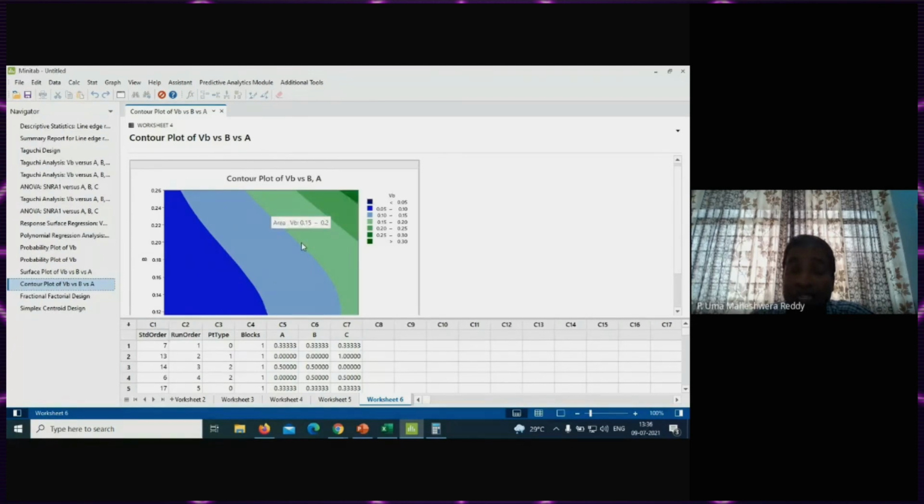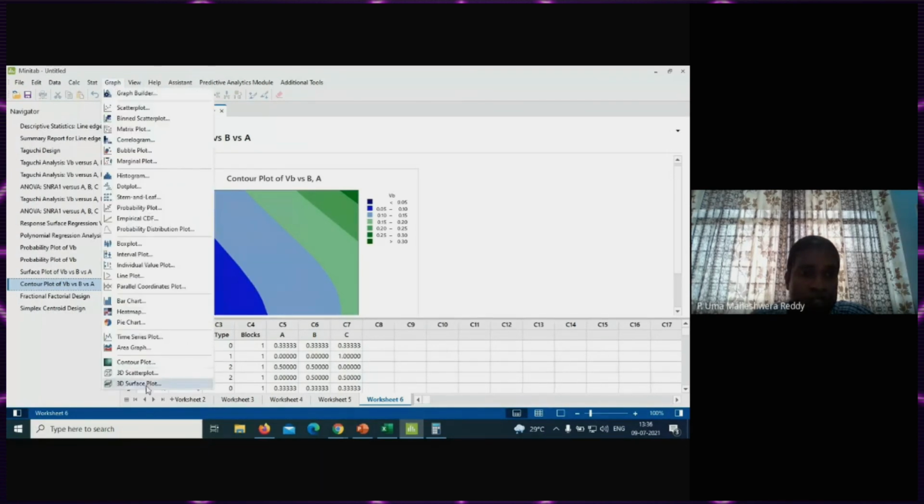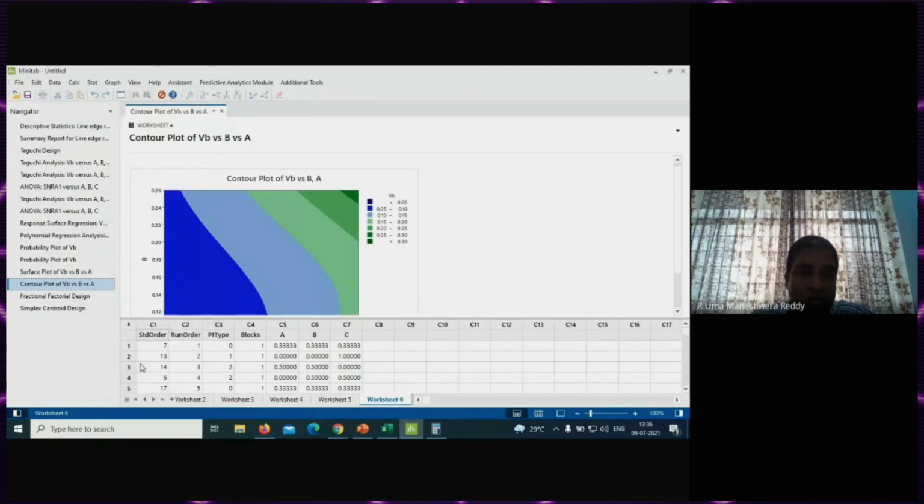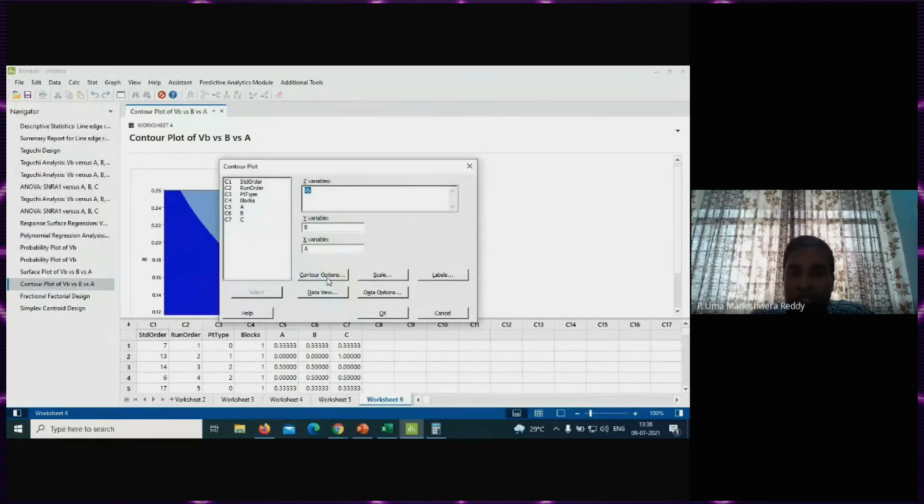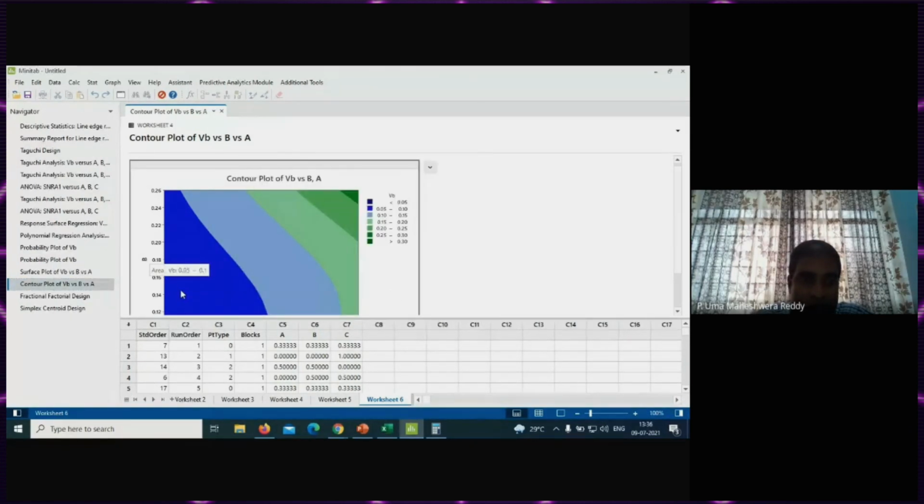And of course, I didn't select options. You can have the contour lines so that you have more clarity. If you go back to the 3D contour plots, here are the contour options. Sorry, I need to select the proper window. In which worksheet did I do this one?